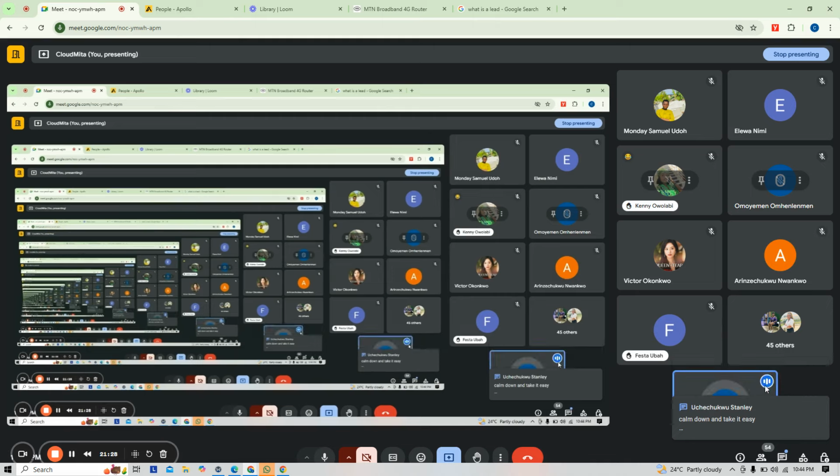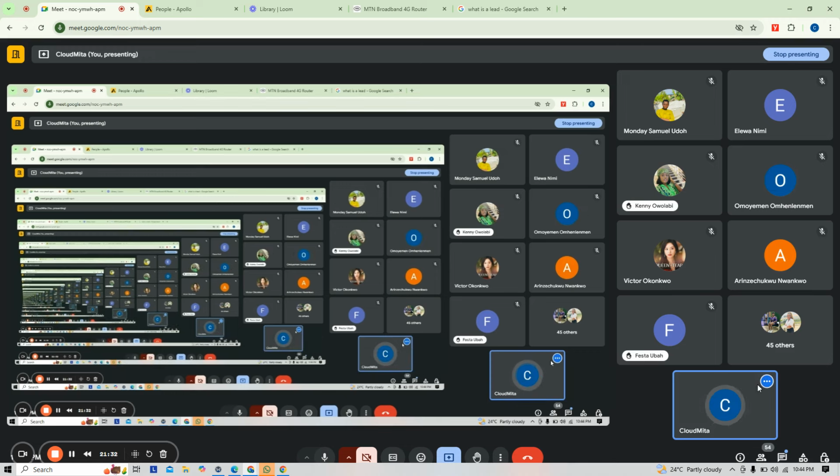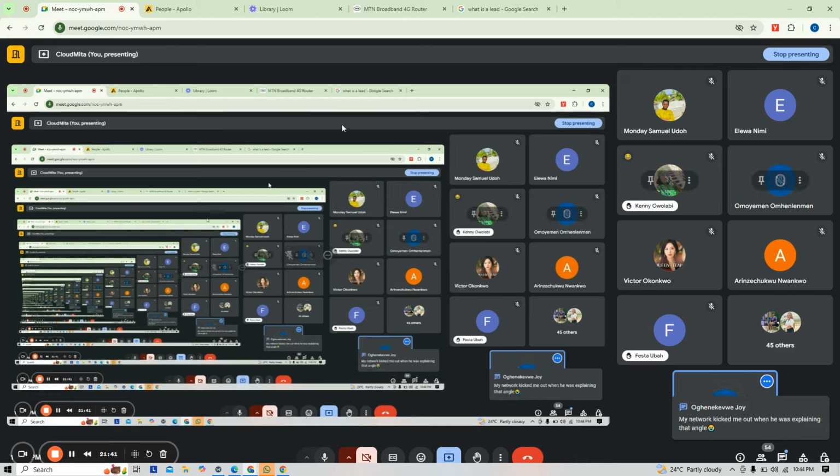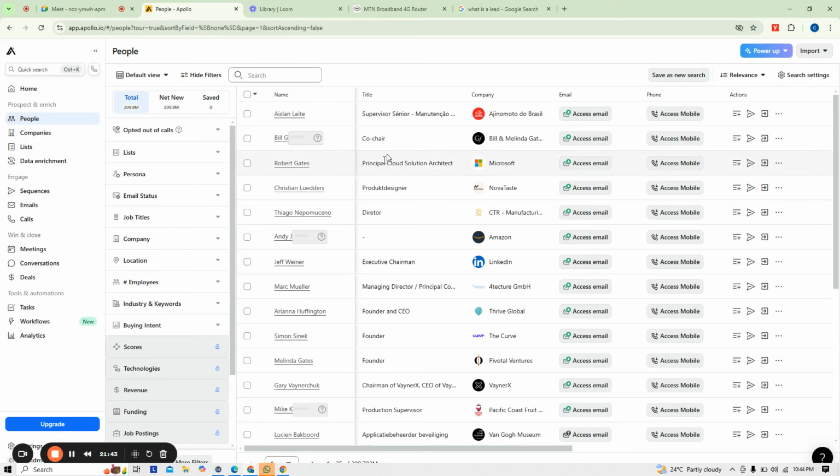And that is a lead: someone coming to you and taking you, as a stranger, to where you're going to find that prophet that can lay hands on your bum bum and convert it to something huge. That is a lead. So now on Apollo, we are seeing ourselves as